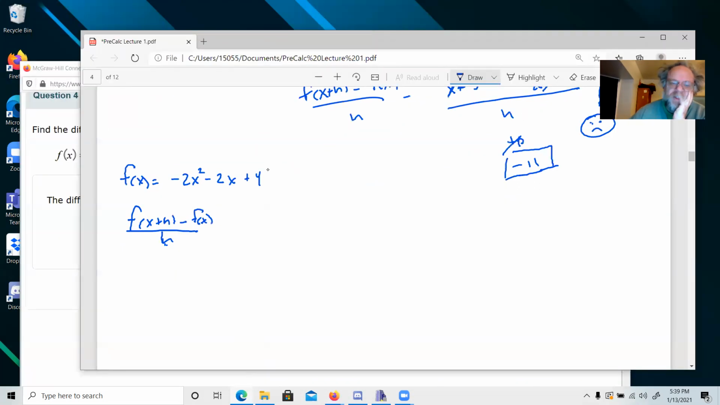All right, we've got -2. What do we do when we see the x? We replace it with x plus h. -2. What do we do when we see the x? X plus h plus 4. Minus, right? And then we have -2x squared minus 2x plus 4. Because it said, what's the function? We're just going to write down the function. All divided by